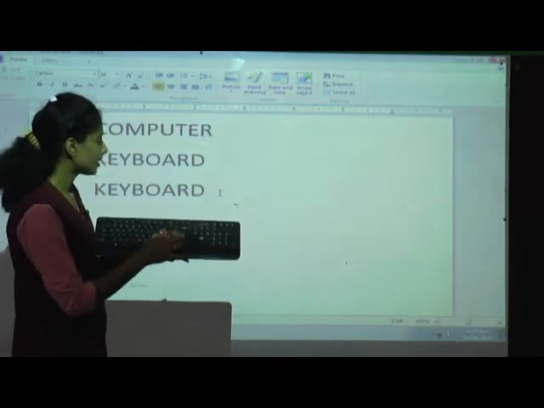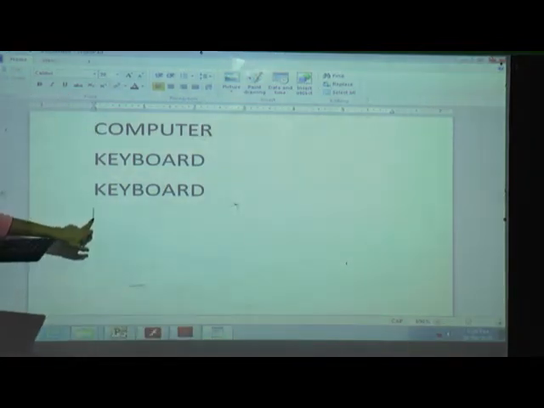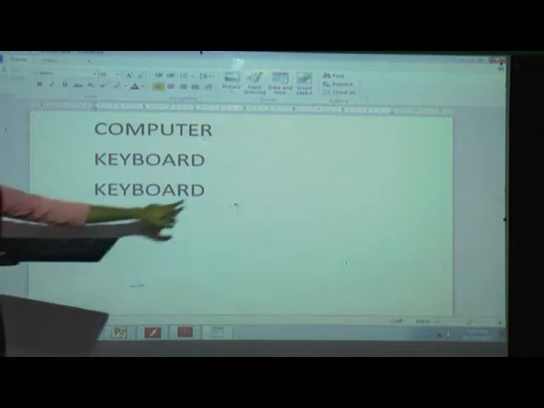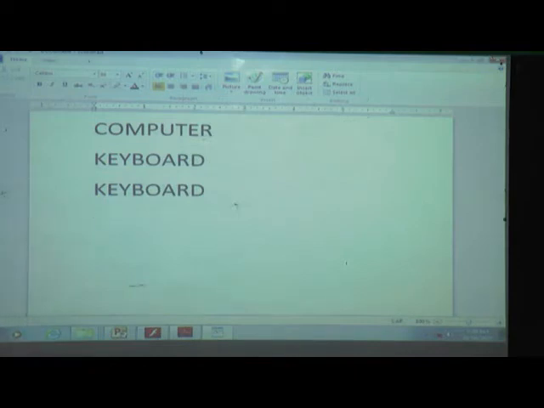When I press enter, you can see the position change. It was here, but now it is here. Then I will write the spelling of monitor. Got it? What is the use of the enter key? If you want to go to the next line, the enter key is useful. It is used to move the cursor to the next line.